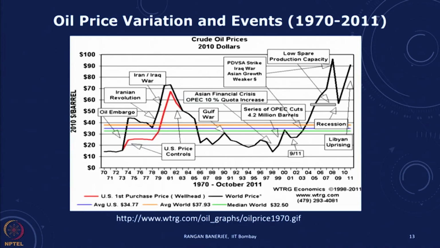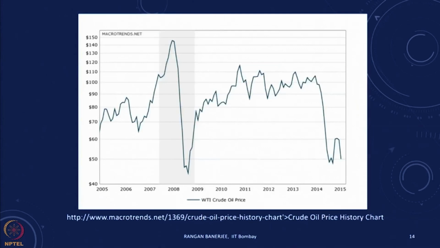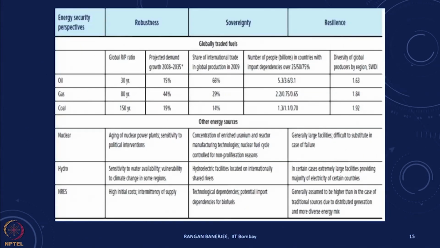And you can look at some of these trends in more detail. I leave that to you, but basically what you will find is that when we think in terms of this,